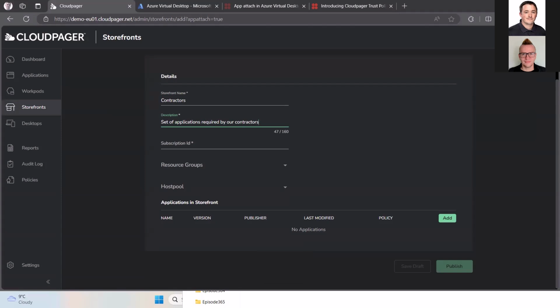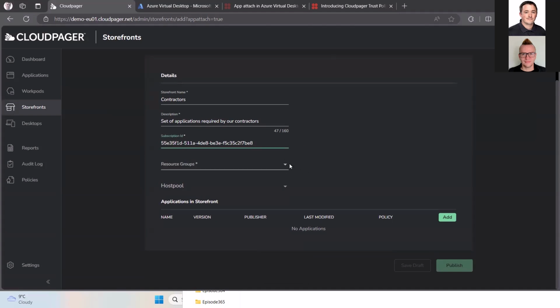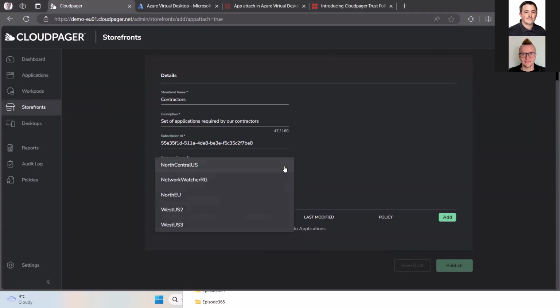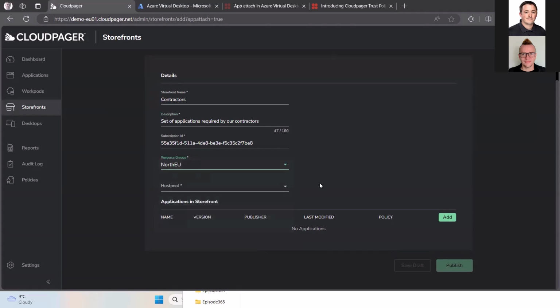So at this point, I can input a subscription ID. This is a subscription ID from an Azure tenant. I'm going to go ahead and just populate this field. Once I do, you'll see the drop down for the resource group becomes auto-populated. These are the resource groups that are associated with that subscription ID. And if I select a resource group, we can see the host pools that are within that resource group become